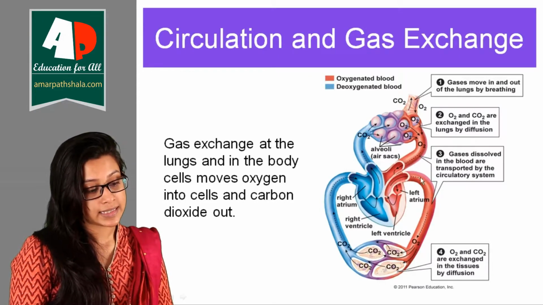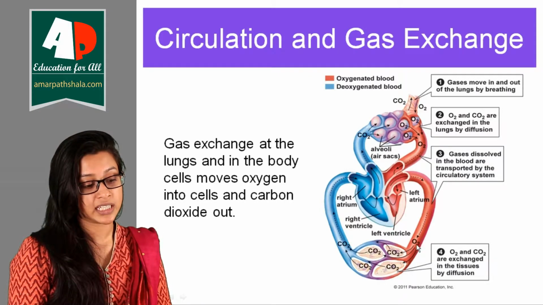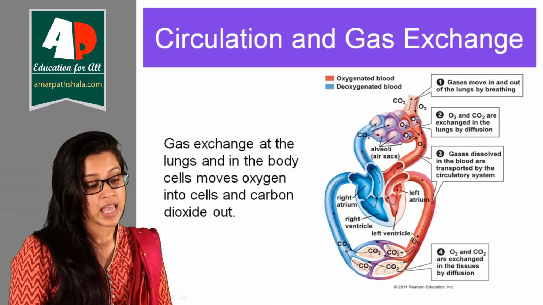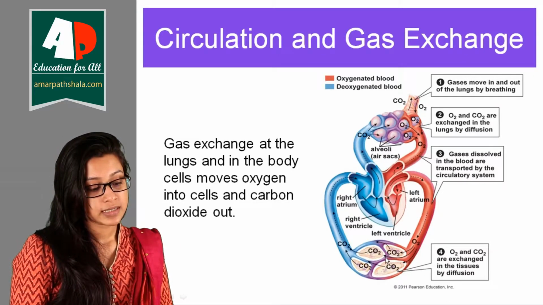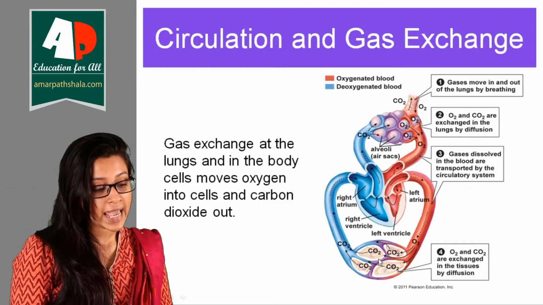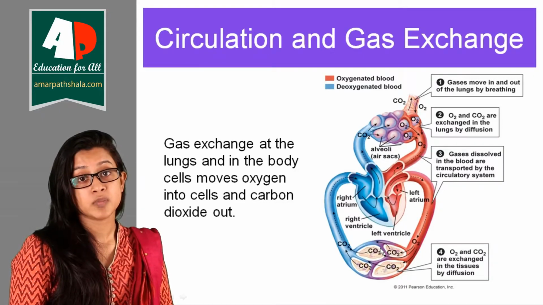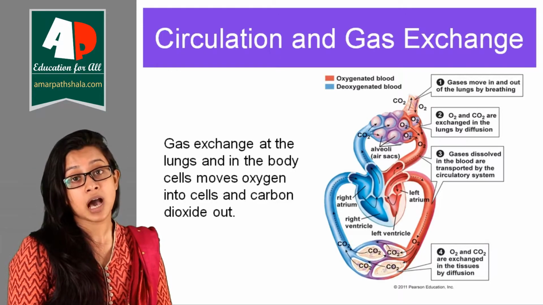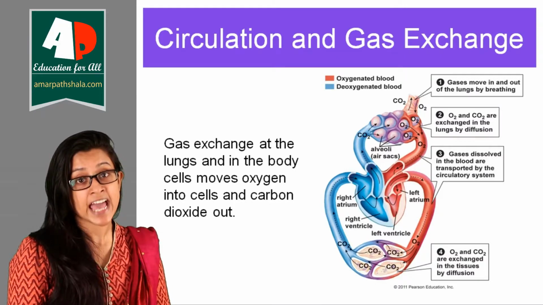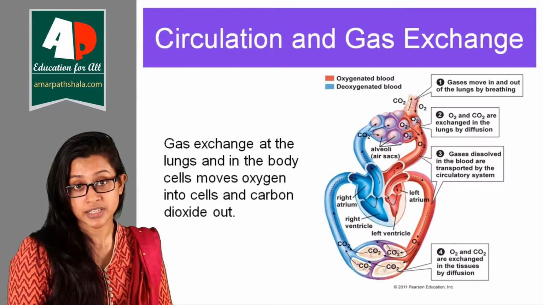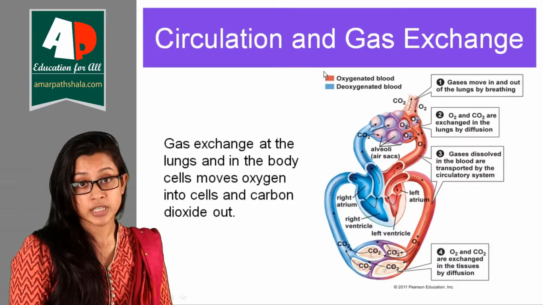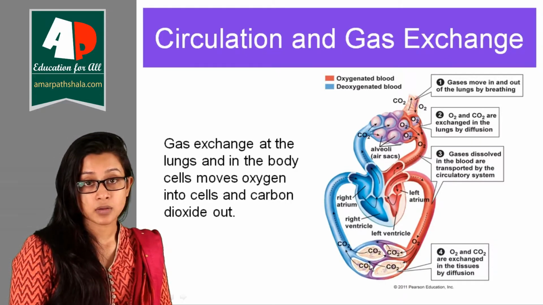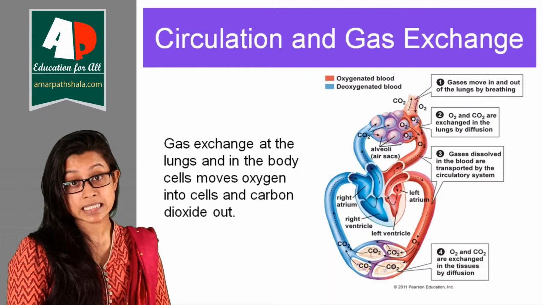In here, you can see that the left atrium pumps the oxygenated blood to the body cell. This is a mass of body cells, this is a tissue. In the body cells, oxygen then seeps in, and from the tissues, carbon dioxide is produced because of oxygen seeping in and performing cellular respiration. Carbon dioxide is produced as a byproduct, and carbon dioxide then seeps out of these body cells, of these tissues,